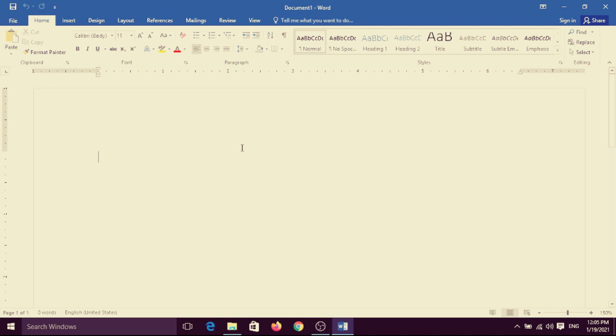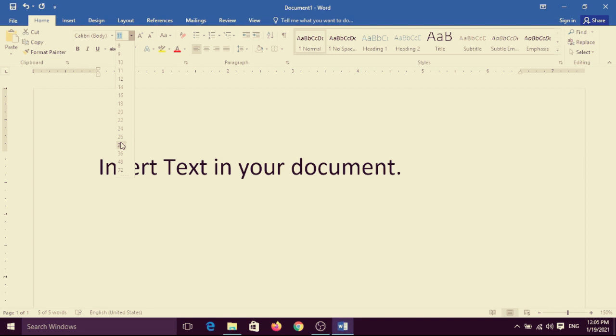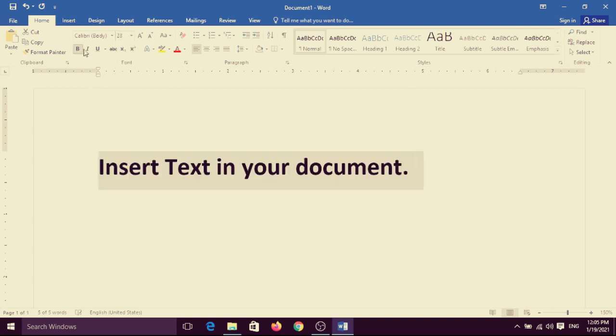Insert text in your document. How? Very simple.